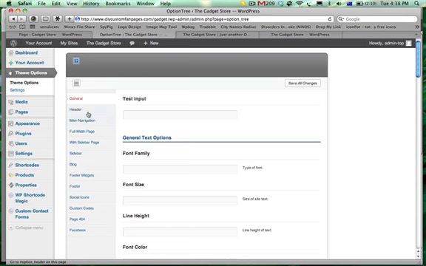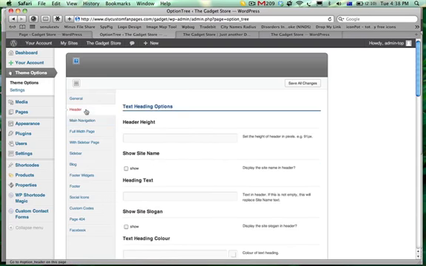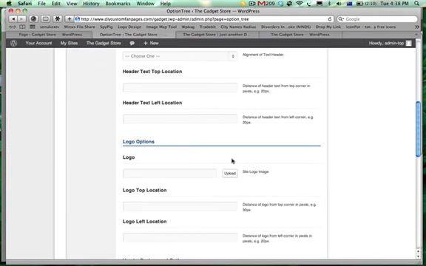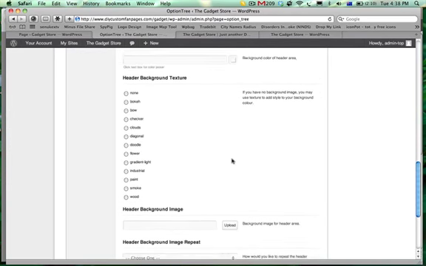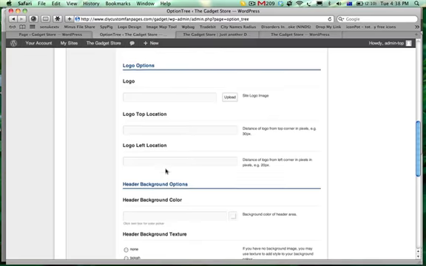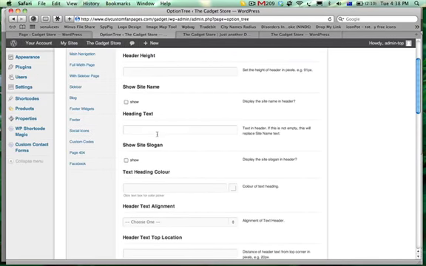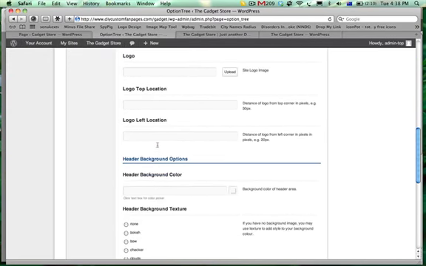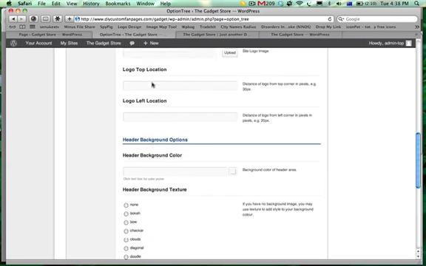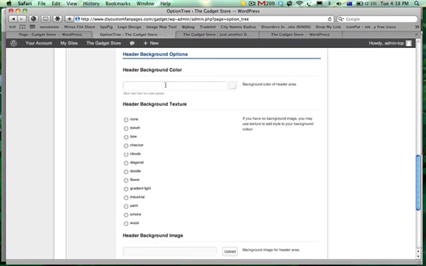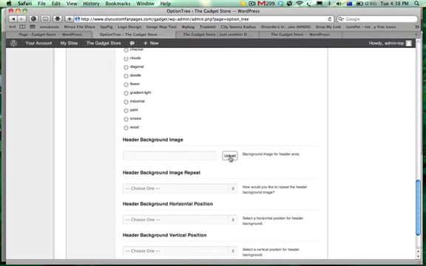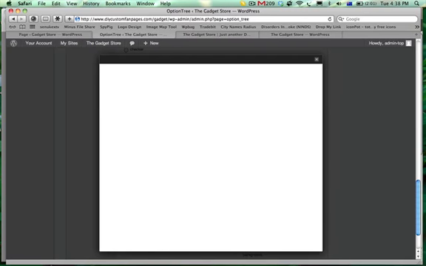Okay, so firstly I'll start off by adding in the header. So we go down to here, header background image. There are all of these other options for having text in the header. You can upload the logo separate to the background image. You can have just a plain color background, or you can actually overlay a texture onto that background color. For this example, I'm just going to upload the image,